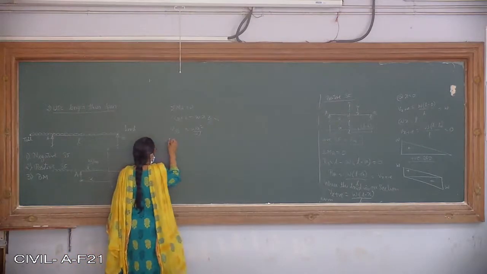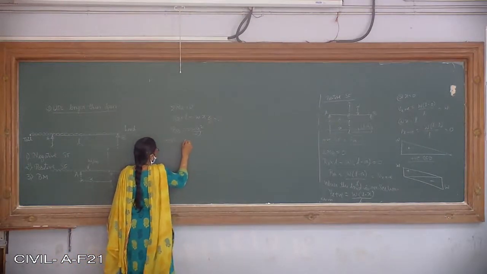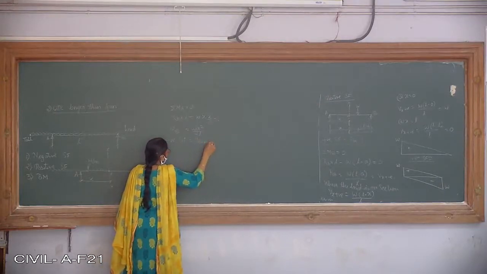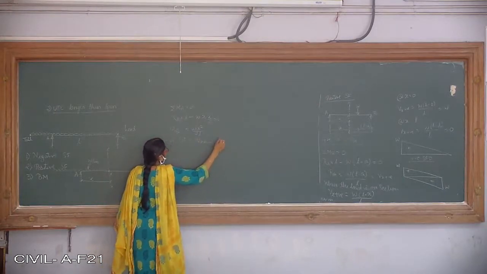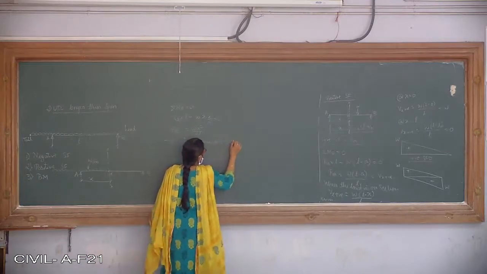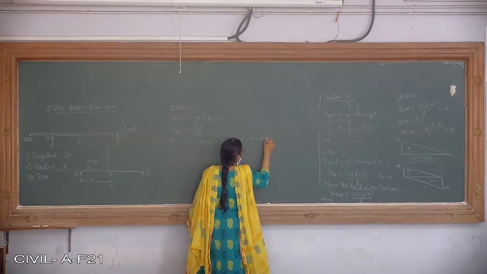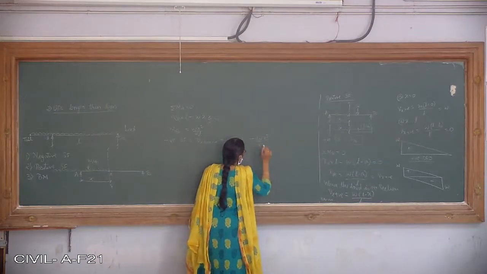Now negative shear force is equal to Vx max negative, which is equal to minus RB, or it is minus W X square by 2L. Okay,